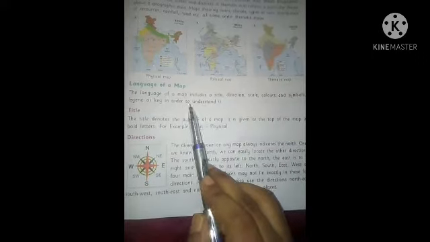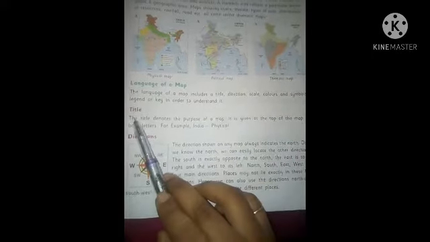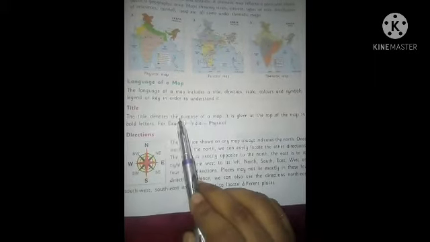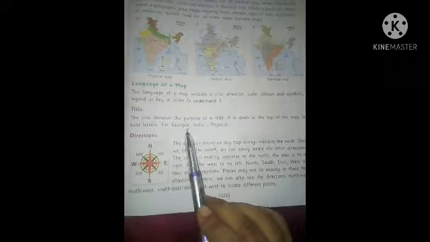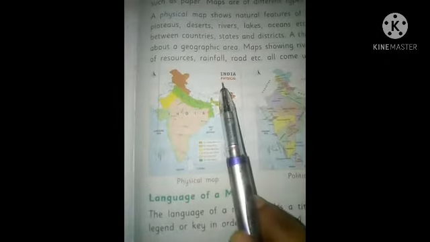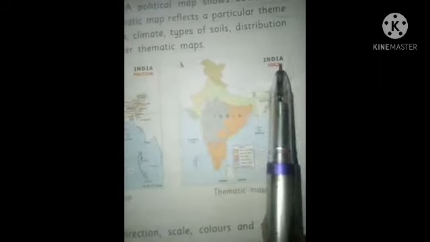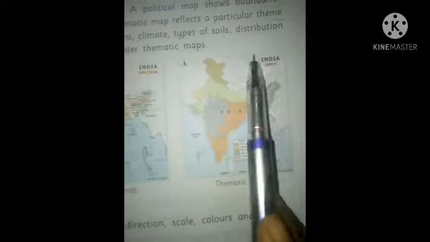Title. The title denotes the purpose of a map. It is given at the top of the map in bold letters. For example, India Physical. This is the title of the map. This is India Political, and India Soil.